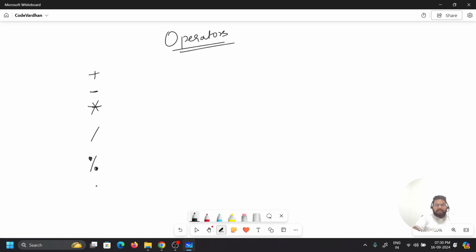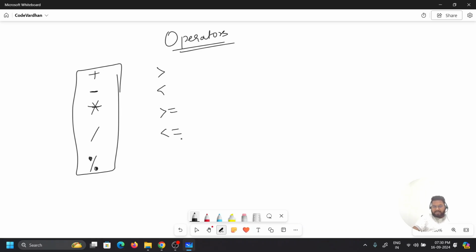In different programming languages, we have different types of operators. A slight change in operators can be seen, but that is not a big part. So you can easily understand how these operators work. We also have greater than and smaller than. To write greater than or equal to, we write like this, and smaller than or equal to like this. Now there is one more very important thing. Whenever you see a single equal to, we call this the assignment operator.